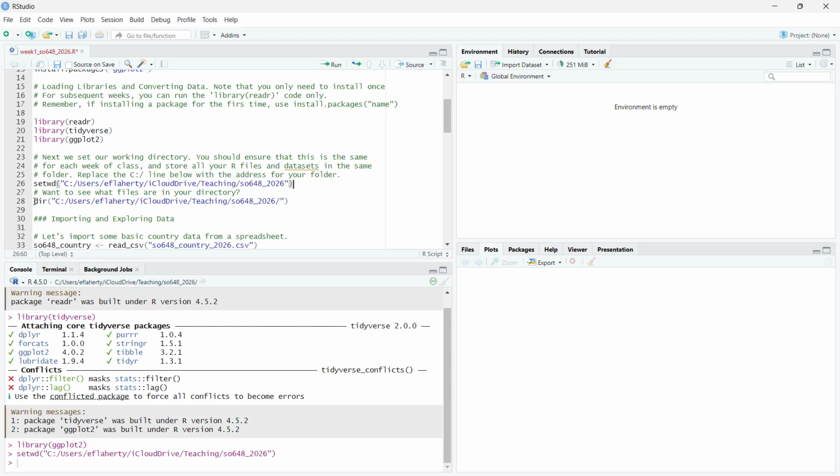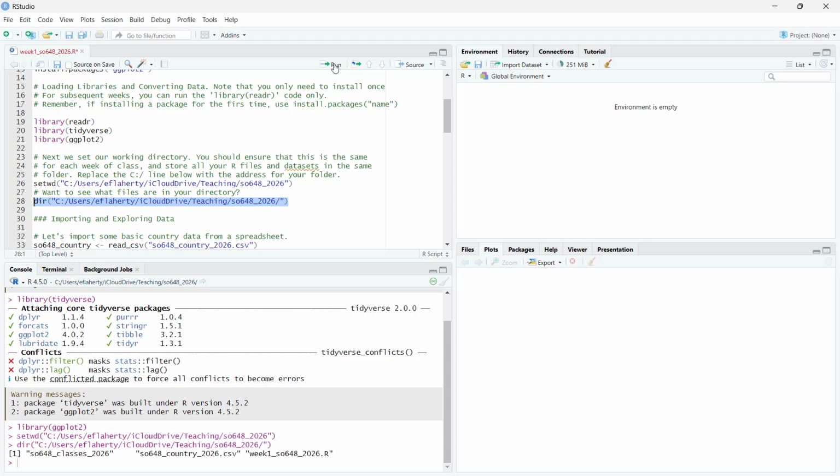Now, when I run this next line of code on line 28, you'll see this dir command. Now, setwd, and you see this is a familiar structure with the code in R. We'll have a word or a keyword over here, which is going to say we want to do something. We want to set our working directory, setwd, and I want to set it to this path. dir is going to inspect the contents of that directory for us. And by running this, we can see down here in the console that we have, okay, there's three files